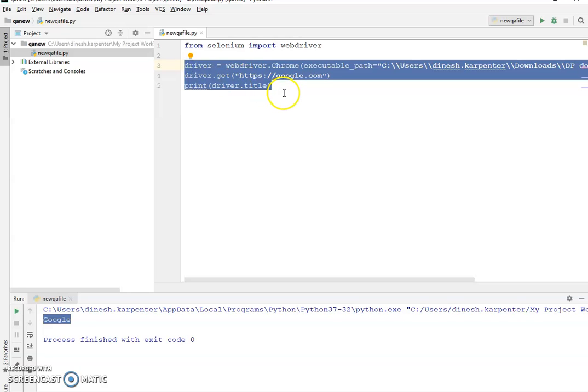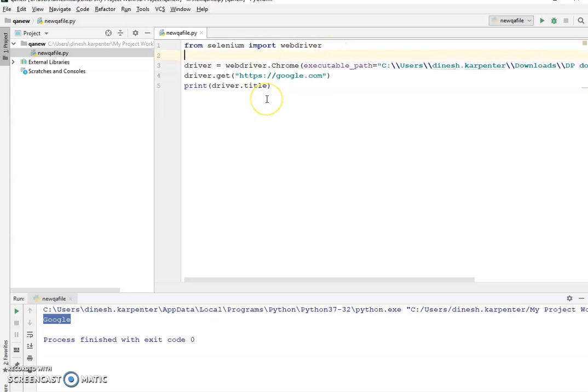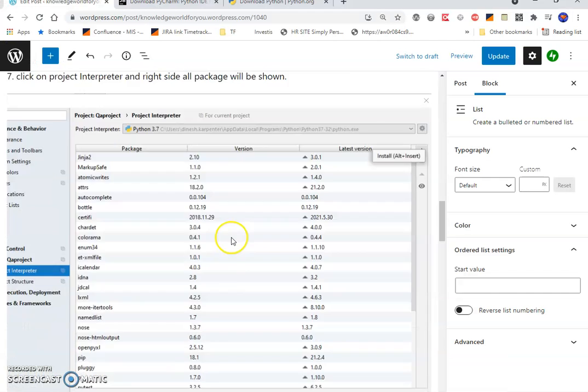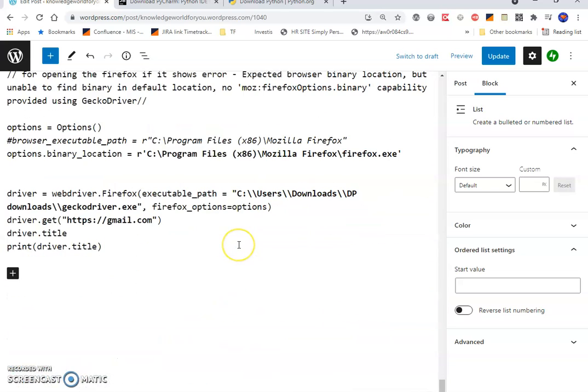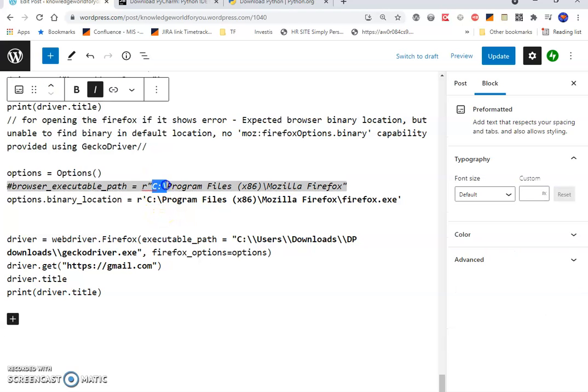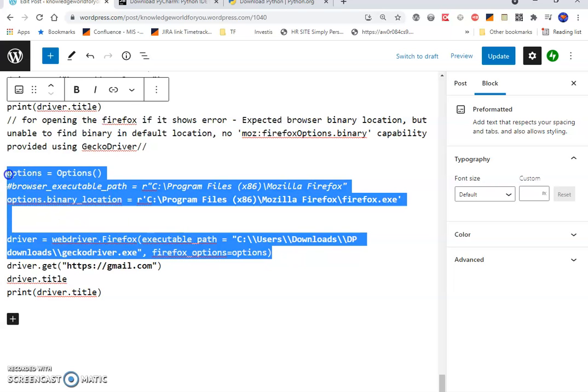In Selenium Java we have to set up the Chrome driver and write all the imports and classes and everything, but here nothing like that is there, it's very easy. Our purpose is to do very easy automation, and Python provides everything, so you don't have to worry about this. Everything is there, and I have also written all the code for you. For Firefox, it shows you one error if your Firefox is not installed in your proper C drive. For that error, you have to write this code with options. This way you can write the Gecko driver also using Firefox.